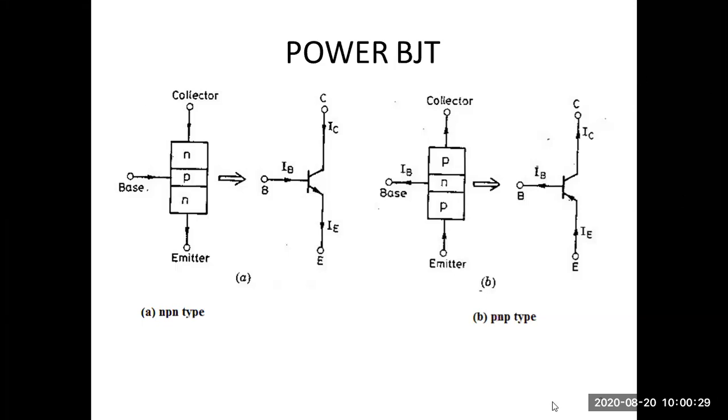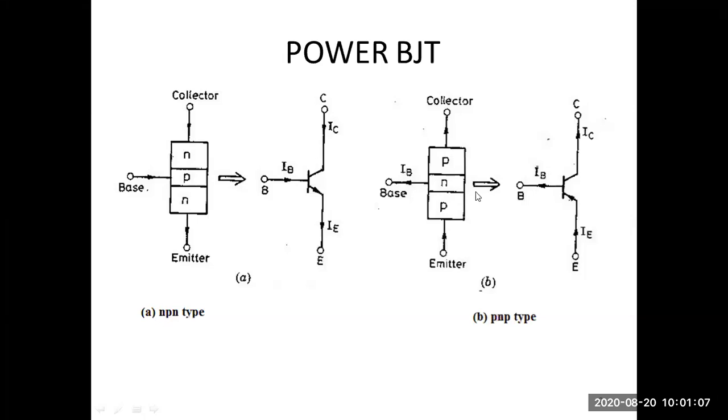So this is the structure of the power BJT. The terminals are the base, denoted by B, which is the input terminal, and the collector, where the output or the load is connected between the collector and emitter. The third terminal is the emitter, mostly connected to ground. It is three layers with two junctions: between P and N a junction is formed, that is J1, and between N and P another junction.